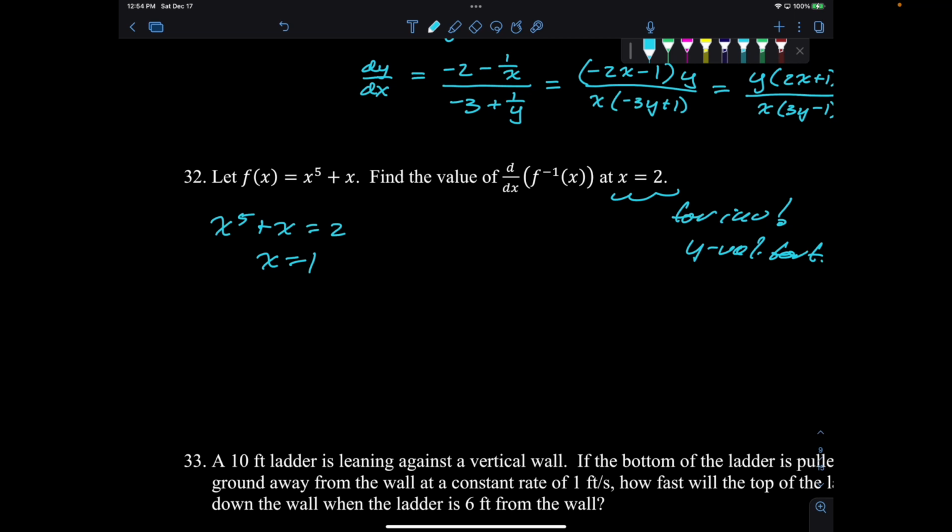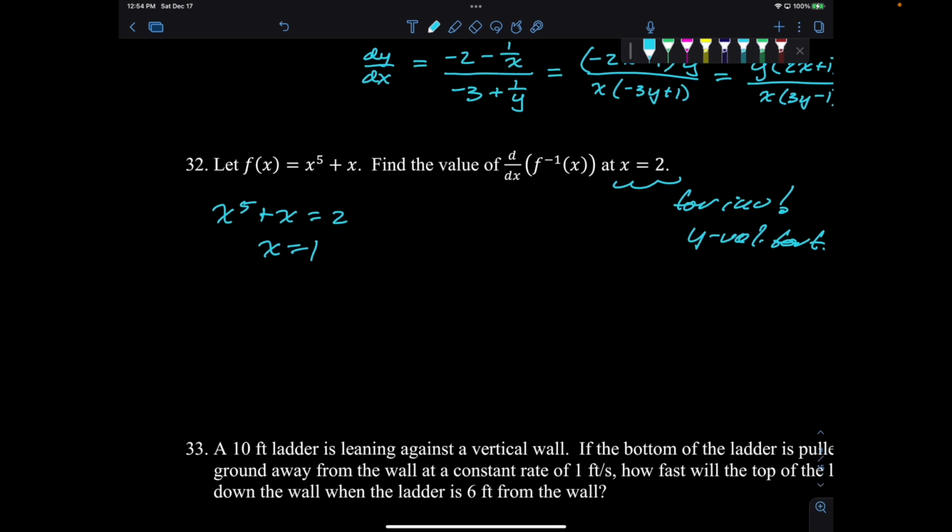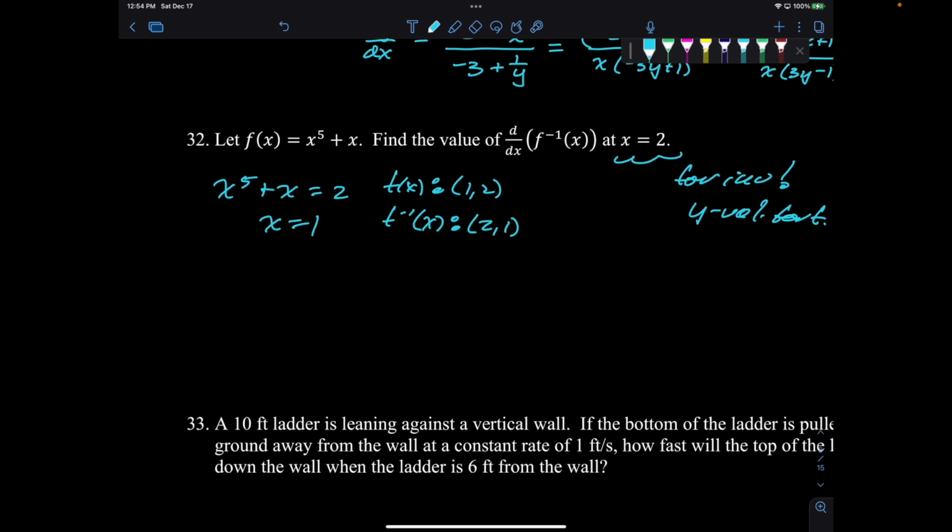That definitely works. So I'm going to go with x equals 1. So my ordered pair on f of x looks like (1, 2). And my ordered pair on f inverse of x will look like (2, 1). And the key is that